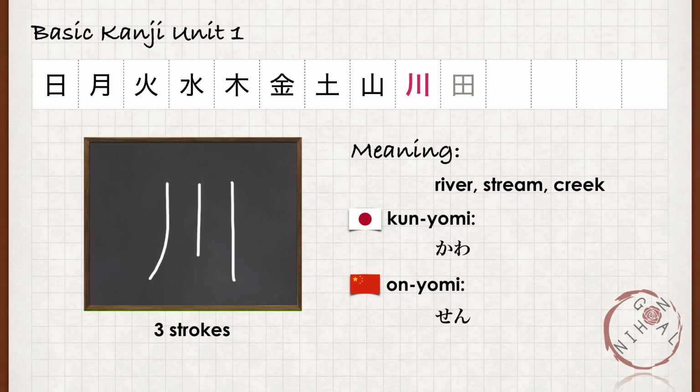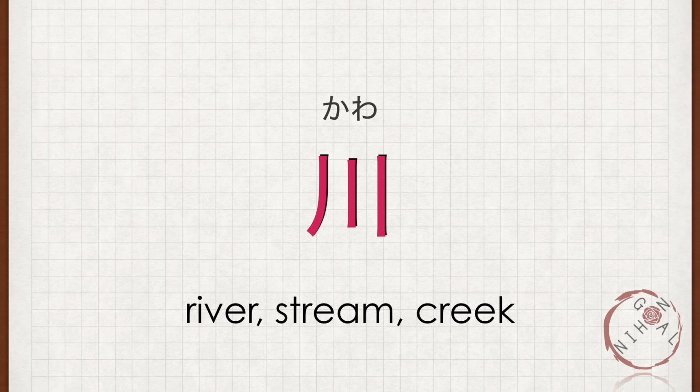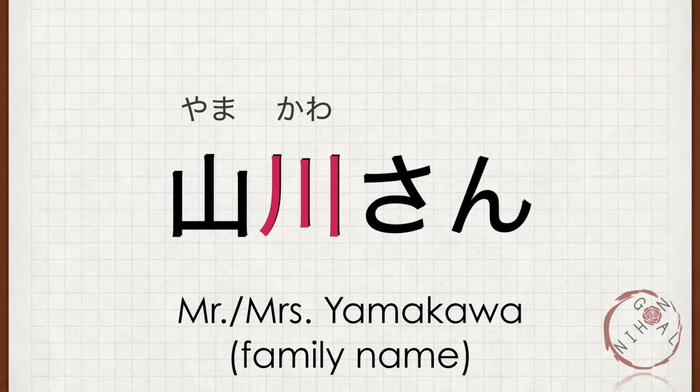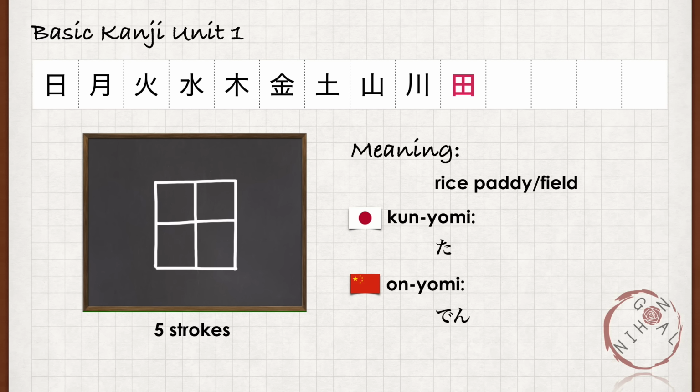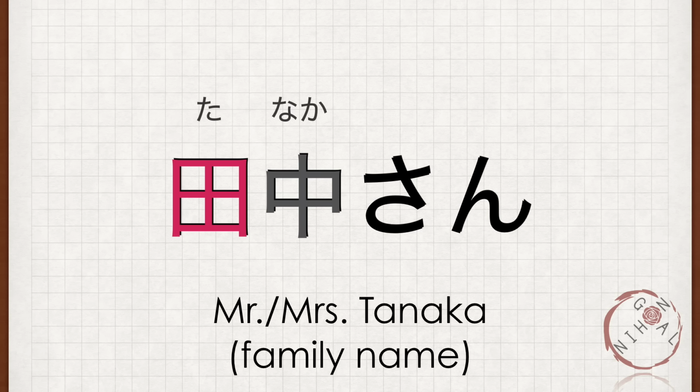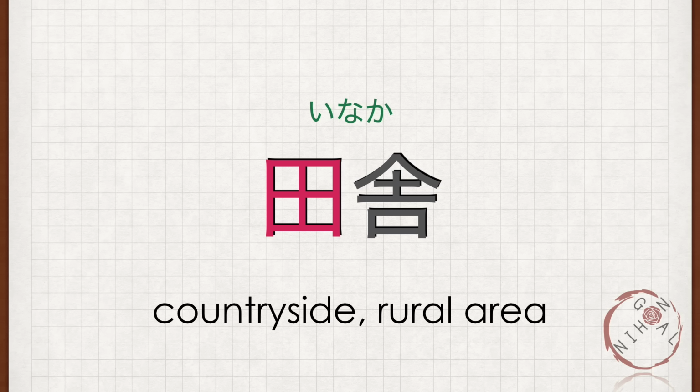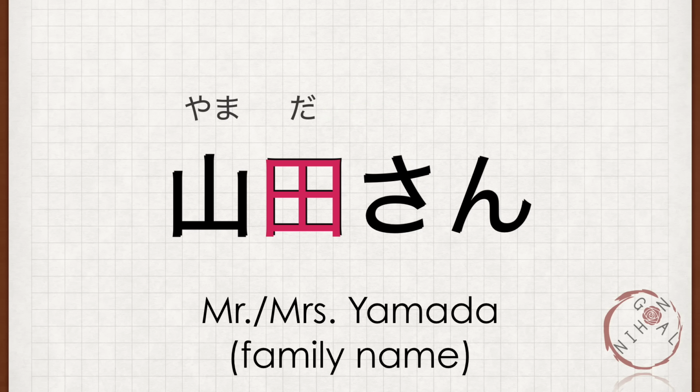This kanji means river, stream, creek. 訓読み、川。音読み、線。山川さん。中川さん。This kanji means rice paddy or rice field. 訓読み、た。音読み、でん。田中さん。田舎。山田さん。